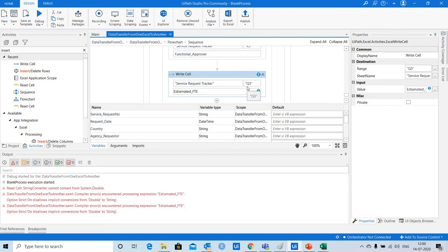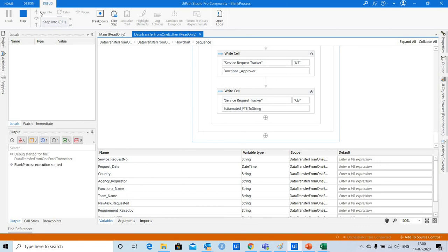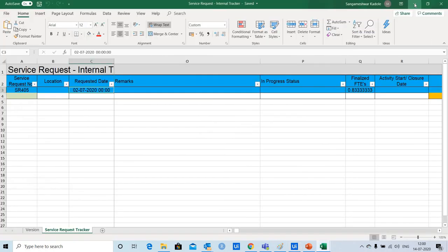So here we need to change this to string so that this bot will work. Now I'm debugging this bot and looking for any compilation error. So this has been completed.